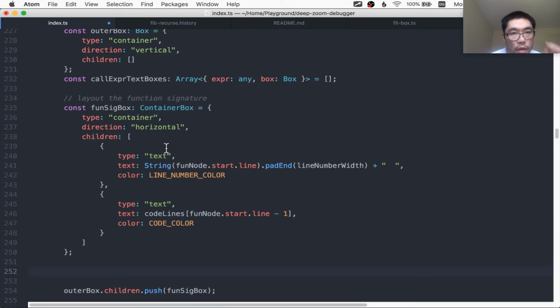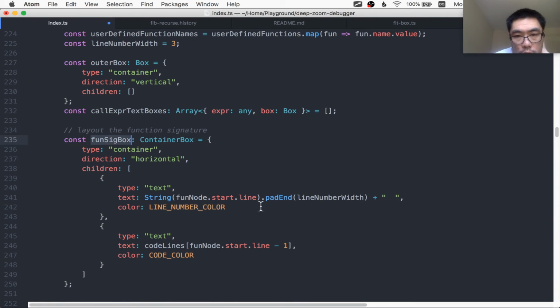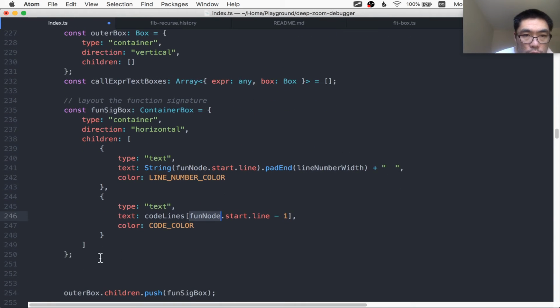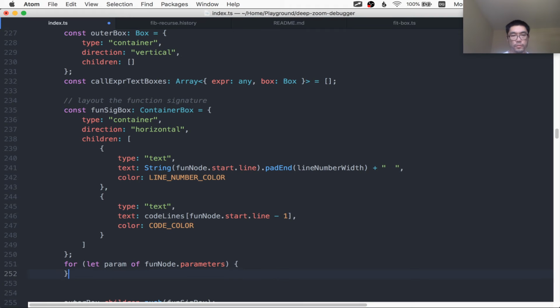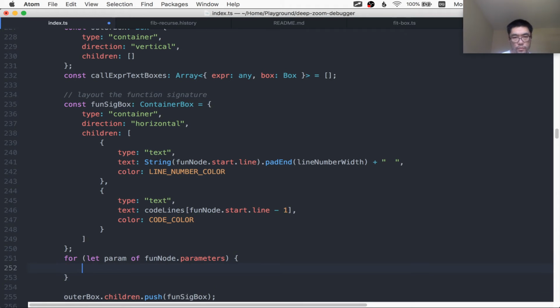And since we already have the function definition, that is this fun node, we can actually just loop through its parameter list. So maybe that is like for param of fun node dot parameters. The param, I think, is going to be an identifier node, which will have a